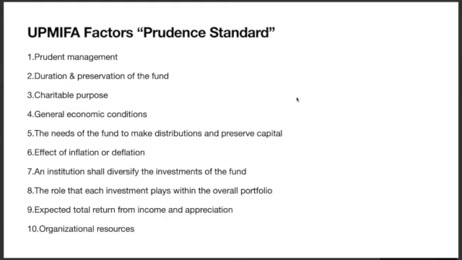And a way to cover yourself from a legality standpoint is to take the UPMIFA language. So I'll include a link to the UPMIFA language which lists all 13 factors, and incorporate that into your investment policy statement. So if you remember the investment policy statement that I showed earlier, it listed these out. Many organizations will just say that, in order to manage the funds, we take into account X, Y, and Z. They list the 13 requirements of UPMIFA.